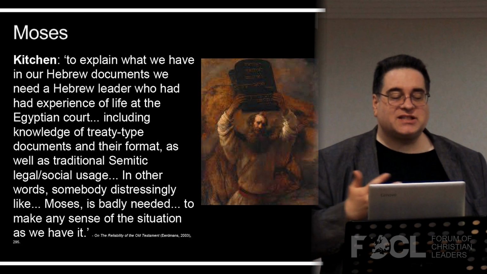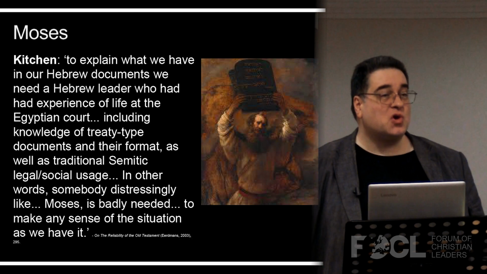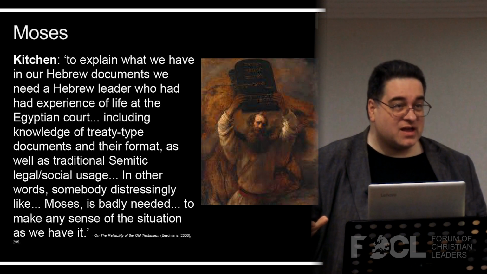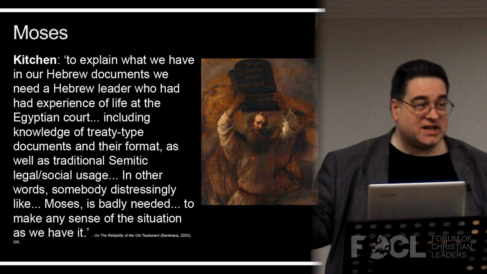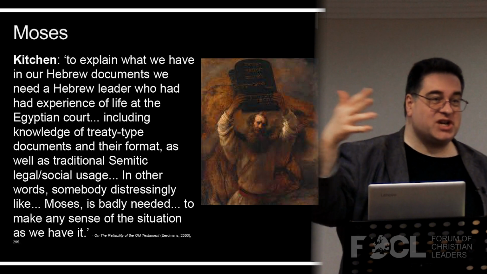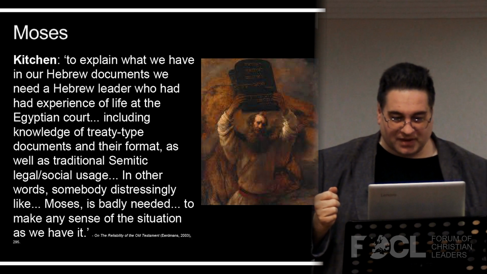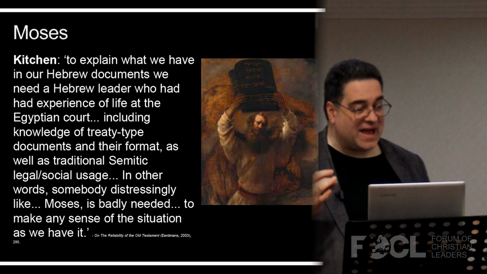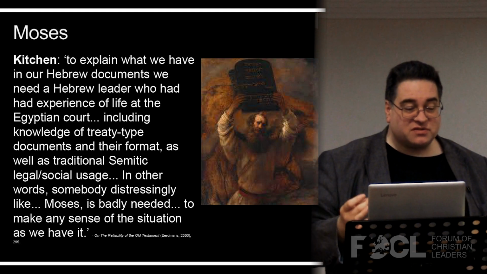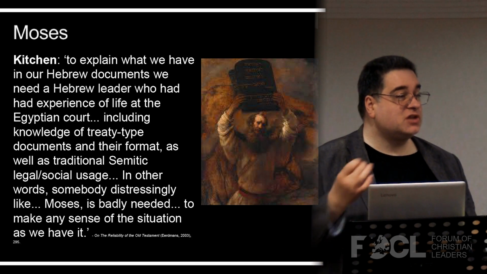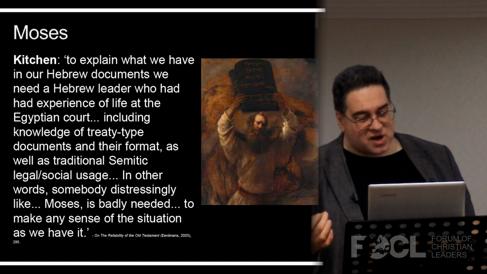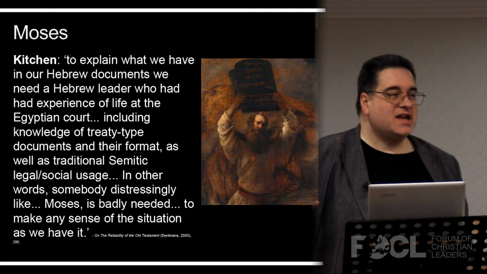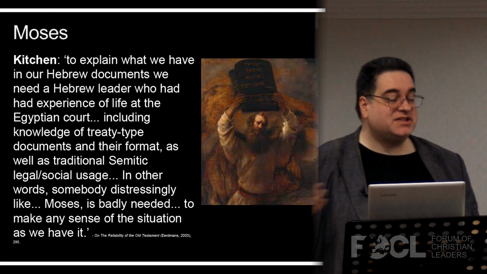leader who had experience of life at the Egyptian court, because it gives a kind of accurate reflection of knowledge of that culture. And remember, Kitchen is like the doyen of British Egyptologists, including knowledge of treaty-type documents and their format, as well as traditional Semitic legal and social usage. In other words, somebody distressingly like Moses is badly needed to make any sense of the situation as we have it